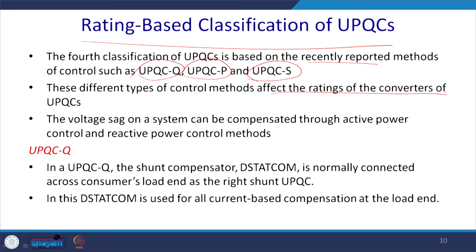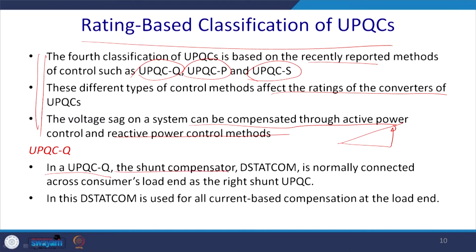The voltage sag on the system can be compensated through the reactive power control methods, because you may make it a capacitive compensation, that is what has been done by the overexcited synchronous generator. The same thing you can achieve by the sag control. So, what happens, you have a voltage, you inject the voltage by 90 degrees, you get this voltage. But the problem lies, your current has to be compensated accordingly, that is a part of the shunt path. So, in the case of the UPQC Q, we will show you detailed discussions of it in the next slides.